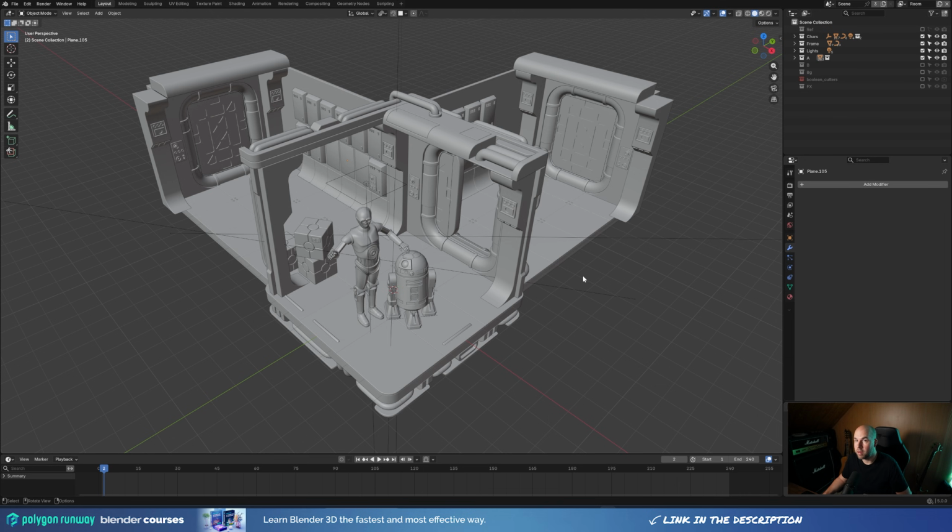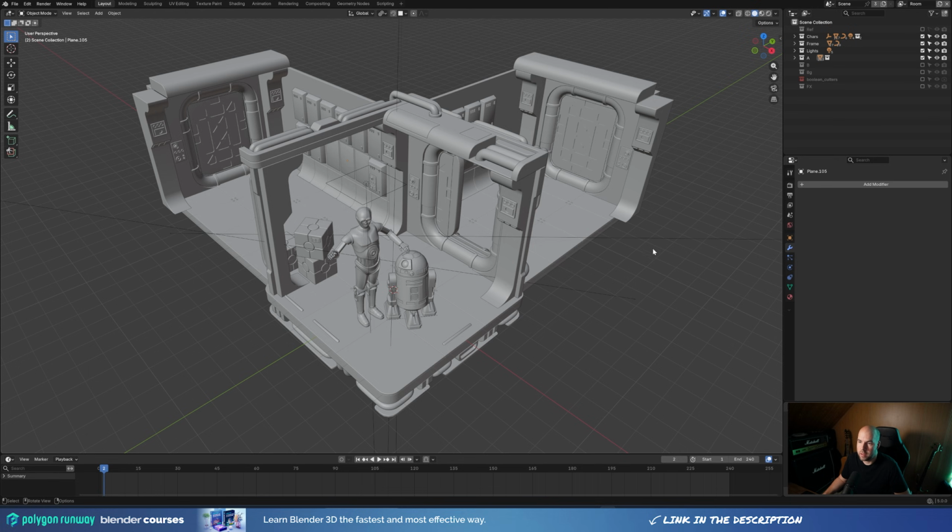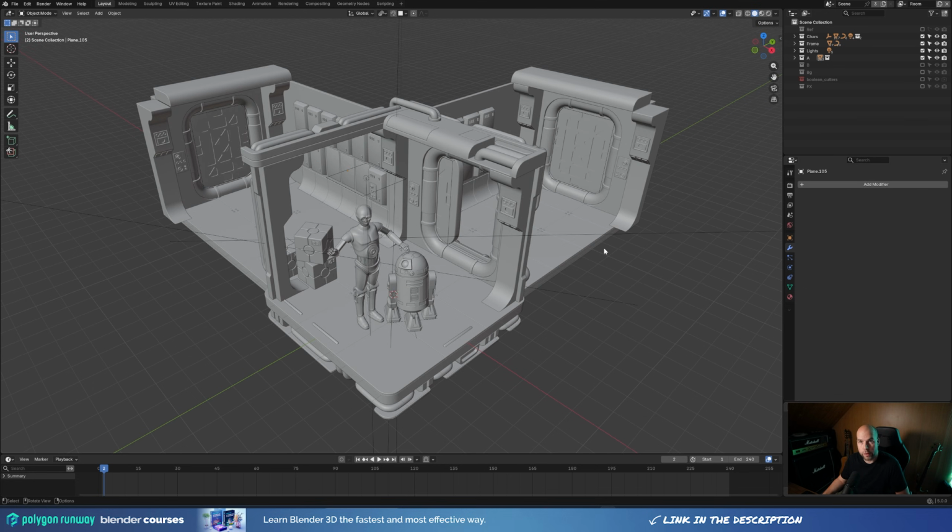So I went for the render layers approach, and I will now show you in detail how it's done. With this scene ready, if you look here in my outliner, I have multiple collections of objects, so I can just hide the characters if I want. And I had to figure out a way to split certain parts into different collections so I can switch